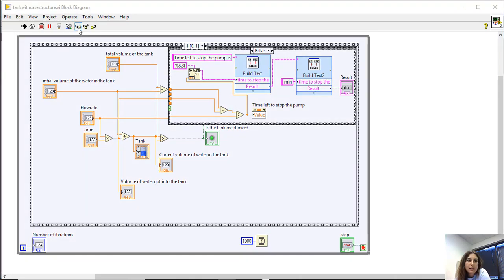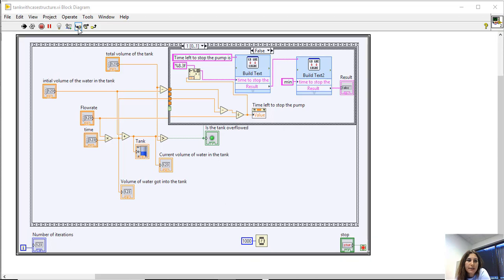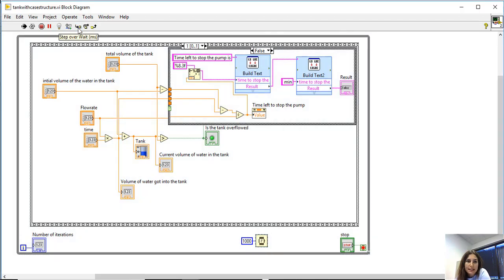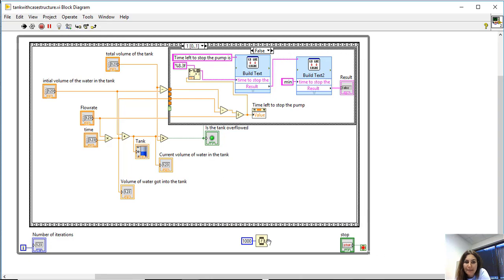And now let's continue clicking on this more and more. Like it says, the very first thing after the while loop is the stopwatch. So it says that after this is done, I'm gonna go here. And then click one more time, and it says that after I'm done with that, I'm gonna go inside this